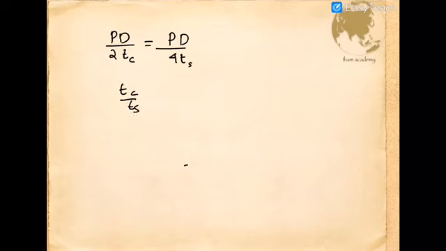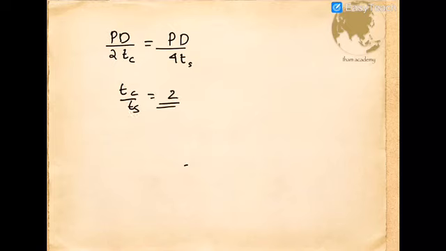In such a condition, we have to discuss some cases, and some problems will be asked like that. What is the thickness ratio if the same hoop stress is developed in the whole body? We know the hoop stress in the cylindrical shell is PD divided by 2T, whereas in the spherical shell it is PD divided by 4T. So considering the ratio TC divided by TS, it will be 2.